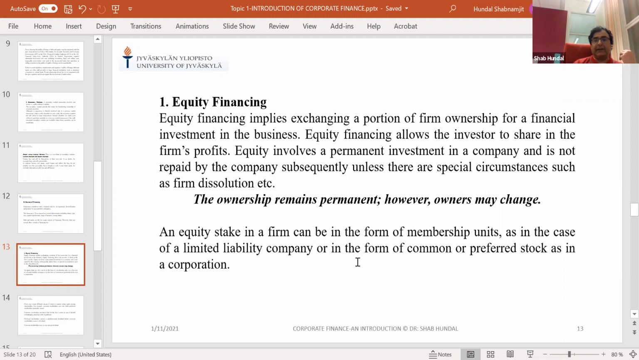An equity stake in a firm can be in the form of membership. So when you are buying those stocks, depending upon how many stocks you own, you have the ownership rights. Once again, the ownership often comes in conflict with the control. Ownership gives you the right, and the right of ownership can also have an impact on the control of the company. I want to give you an example. If you buy the equity shares, the common equity, the common stock,